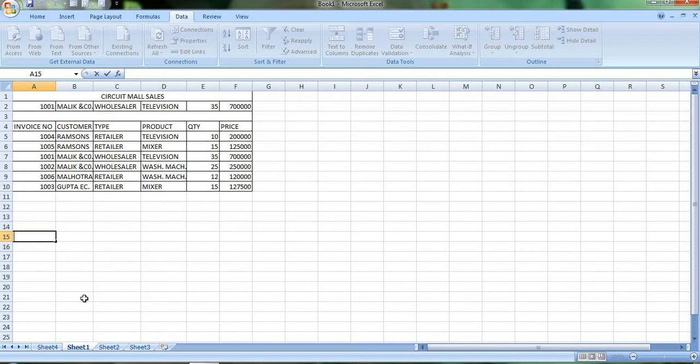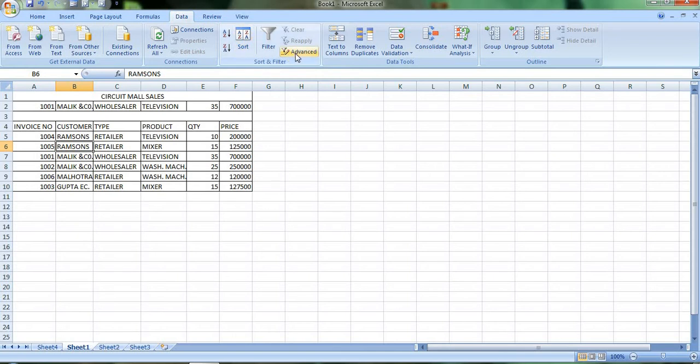Click on any cell in the data range from A7 to F10. Here it is written A7 to F18. Why is it written F18? Because the last entry is F18, but here I have made only 10 entries, so I'll say A7 to F10. Okay, I did that. I'll just select here only. Select the data tab. Okay, my data tab. Select the data tab and click on the advanced button in the sort and filter group.